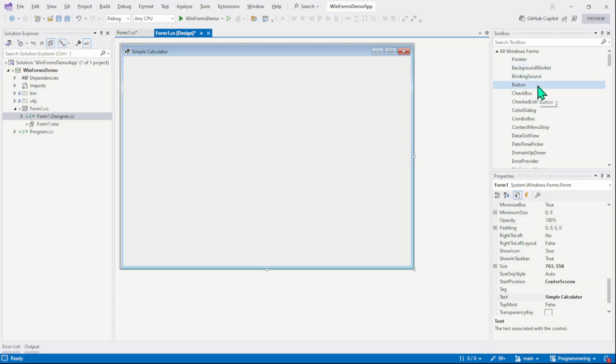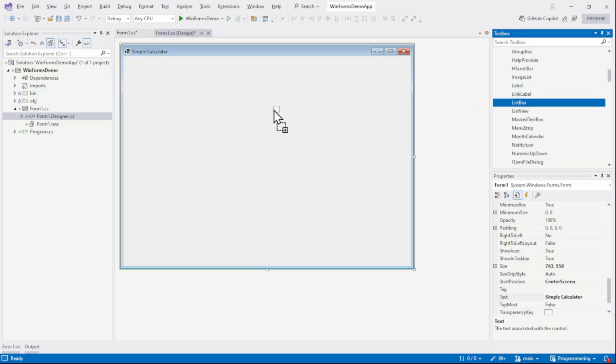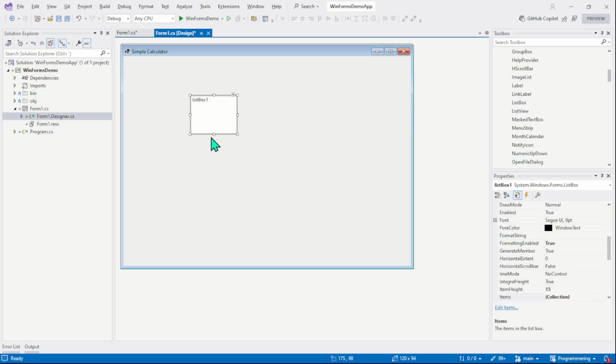From the toolbox window, we need to find the list box, and here is our list box control. Let's drag the list box and put it on the form. This is our list box control. So here we have our list box control, and using this control, we will create a name list application. The user will simply provide a name, click on the add button, and the name will be added in the list